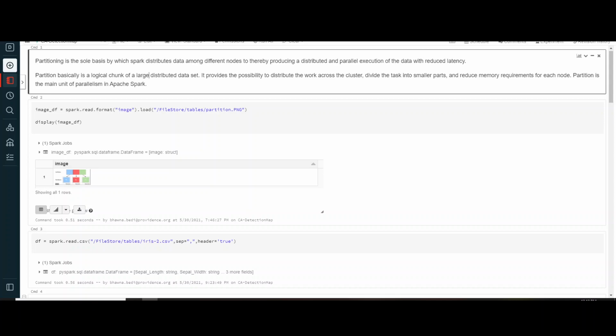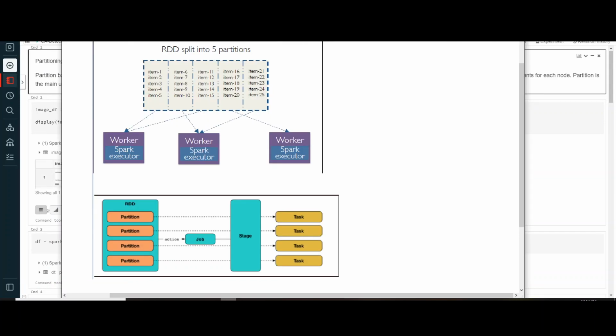Today we are going to talk about repartitioning and coalesce in Spark. As you all know, Spark is basically a distributed computing engine and its main data abstraction is an RDD. Under the hood, RDDs are objects which are actually stored in the form of partitions. Let me show you a diagram which I took from Google.